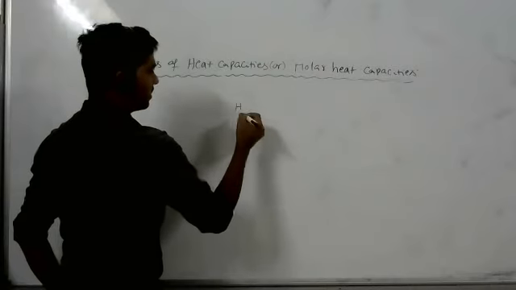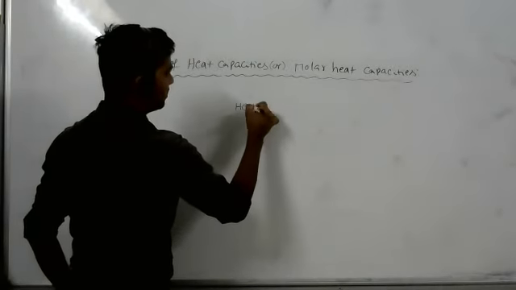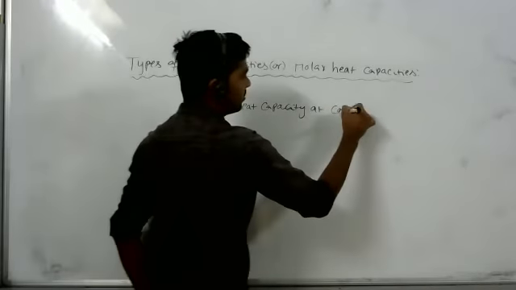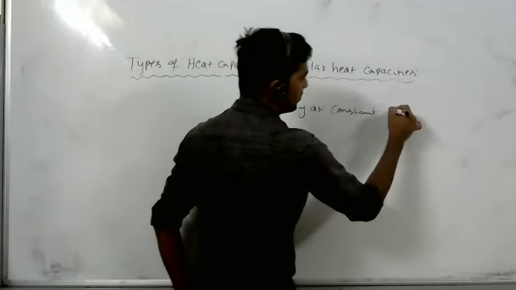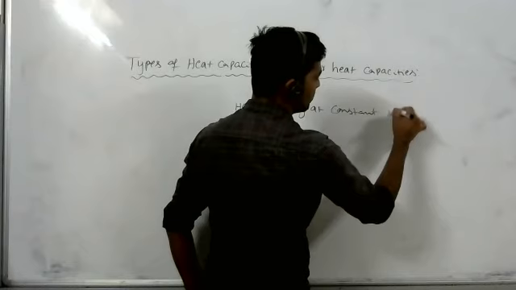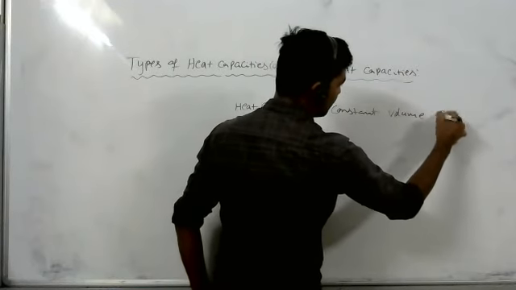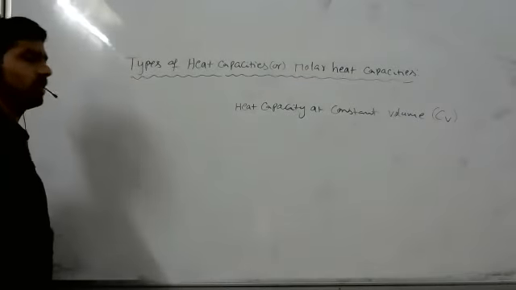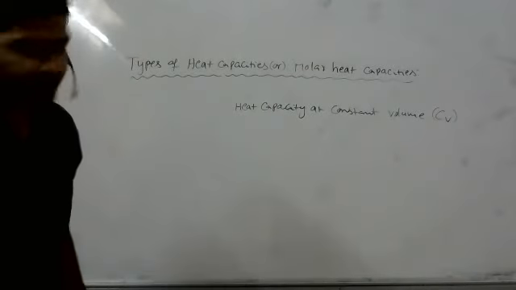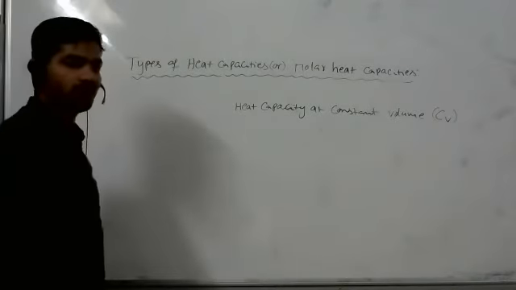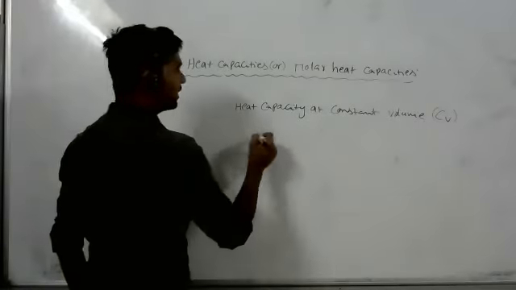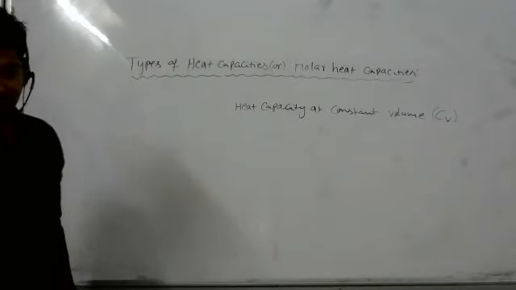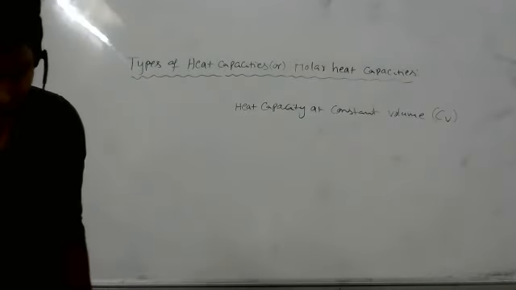So now two types: heat capacity at constant volume. Don't write one, listen later. You may write heat capacity at constant volume. Sir, we are going to use delta H is equal to delta U plus delta PV. Yeah, we are using that formula for the derivation. Heat capacity at constant volume we denote with Cv, and heat capacity at constant pressure we denote with Cp. Definition, no need, already we know that.